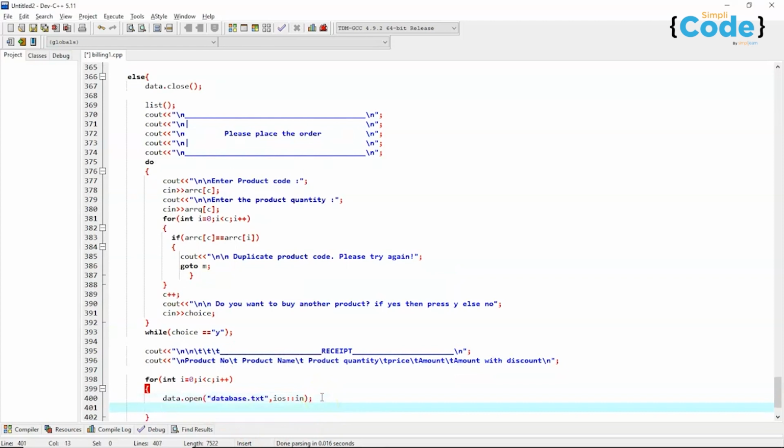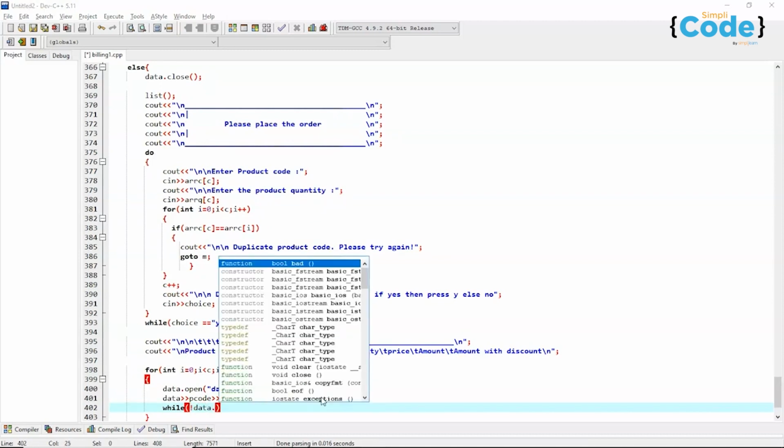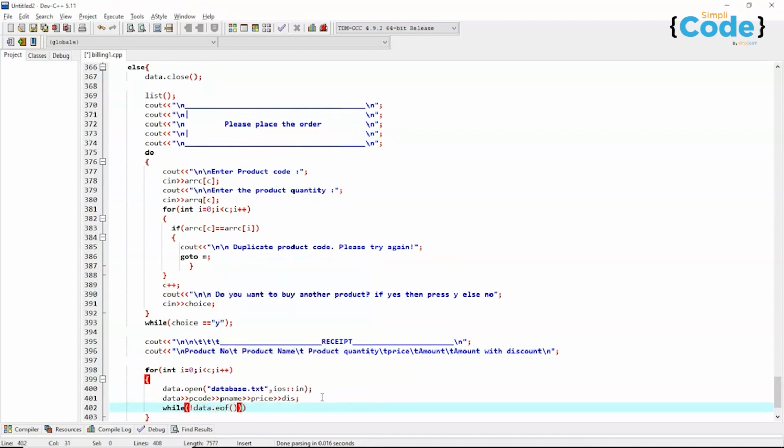Alright, so after that we will kind of initialize this file. We'll write pcode, pname, then price, after that there was discount. Alright, now as we have done previously, while not data dot eof, that is end of file,